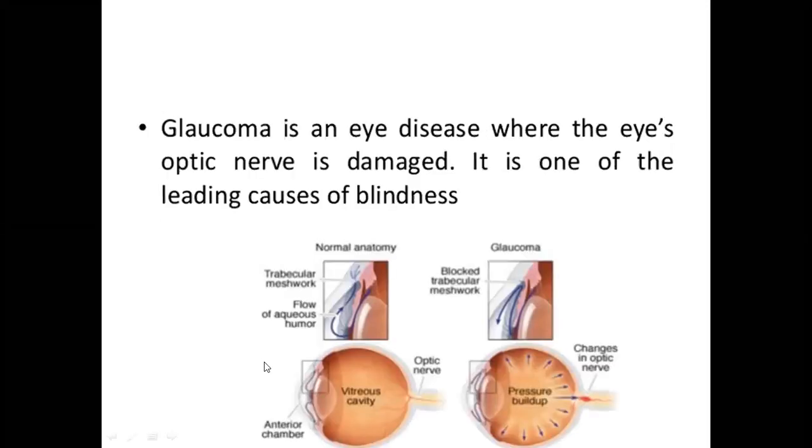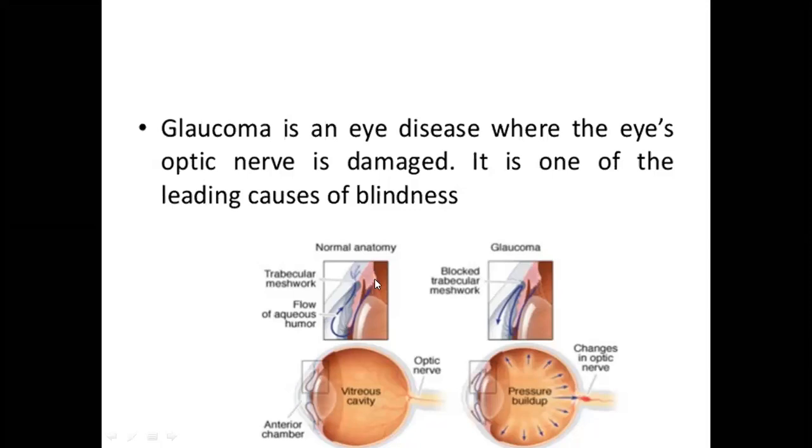another very important condition I'm going to discuss today is glaucoma. Glaucoma is the raised intraocular pressure, and it has two types, as I already discussed: open angle glaucoma and closed angle glaucoma. What is open angle? When the problem is in the trabecular meshwork. The iris is in place, but the trabecular meshwork has a problem, which is not actually draining the aqueous humor.